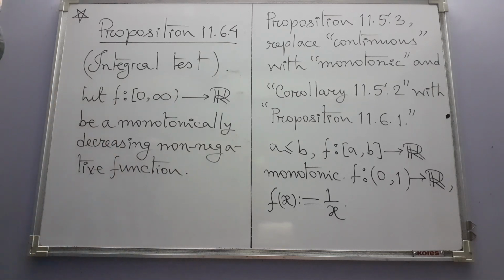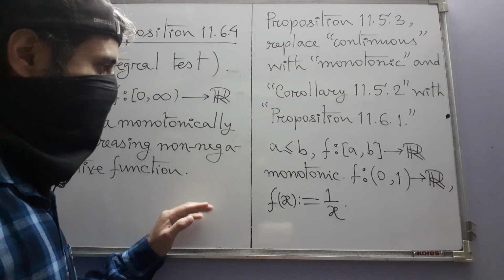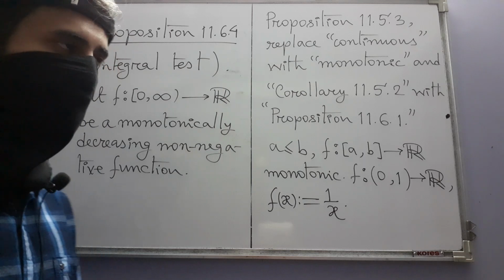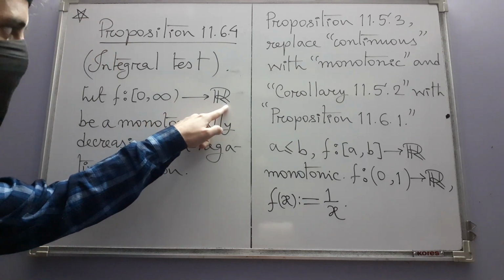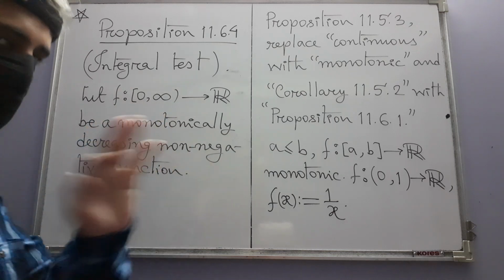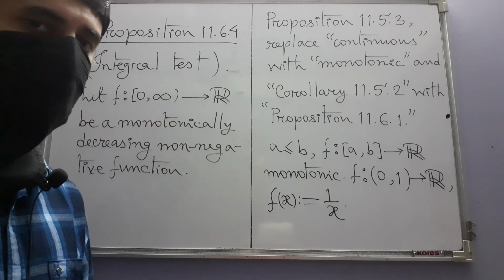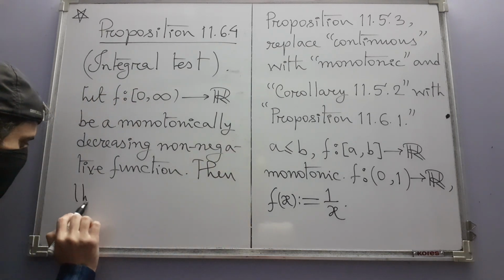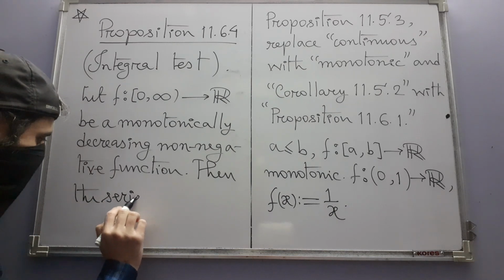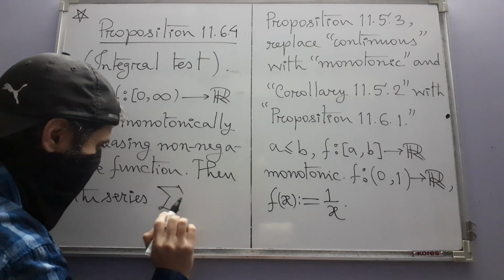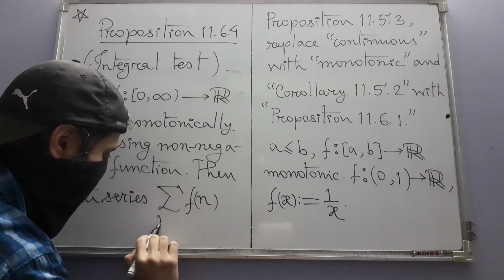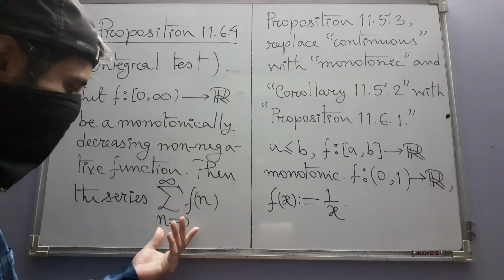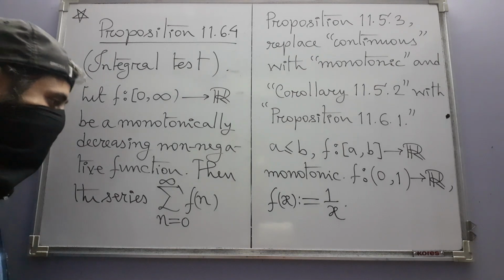That means not only is this function monotonically decreasing, but it's non-negative also, in the sense that all its values are non-negative real numbers. So although we have taken the range as R, actually you can take this itself as the range, because all the outputs are non-negative real numbers. Then the series summation f of n, where n varies from 0 to infinity. Here n of course is an integer, I mean a natural number. The series is convergent